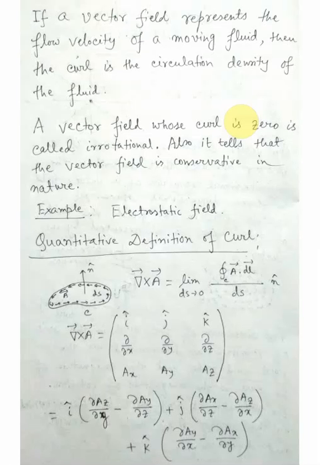Later on you will see that from Ampere's circuital law we can reach a differential equation of Ampere's law, that is curl B equals mu 0 J, where J is the volume current density. This current density is generated due to the curl of the magnetic field, or in other words, if there is a current, we get a circulating magnetic field. So this is a physical example of the curl of a vector field.